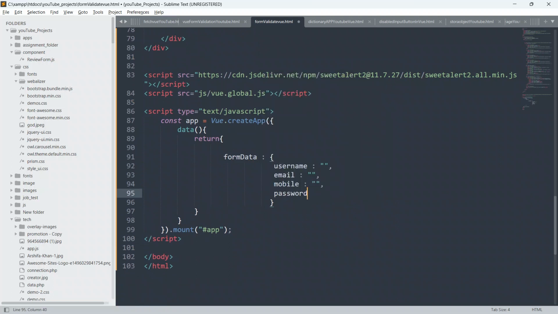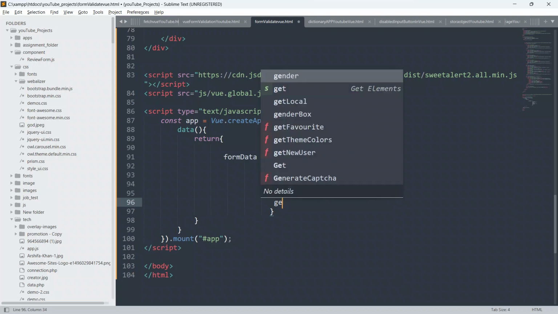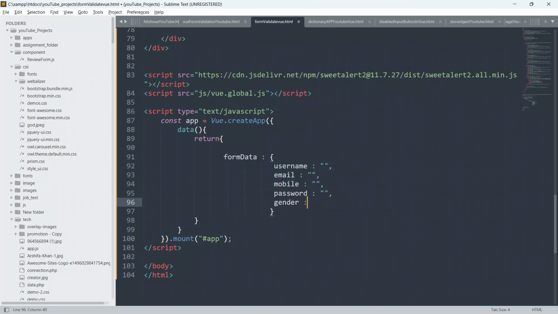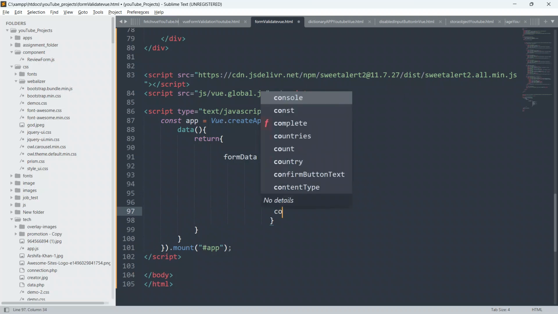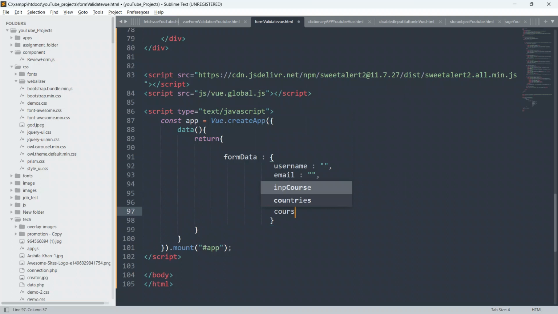Give password also, assign an empty string. Give gender also, with colon, assign an empty string, and last give course, with colon, assign an empty string.